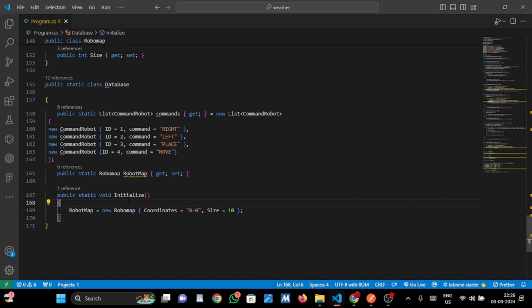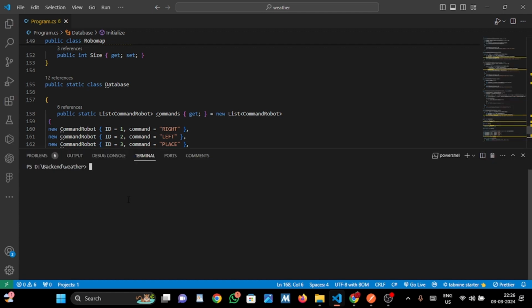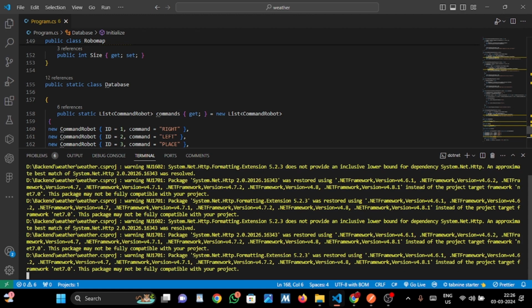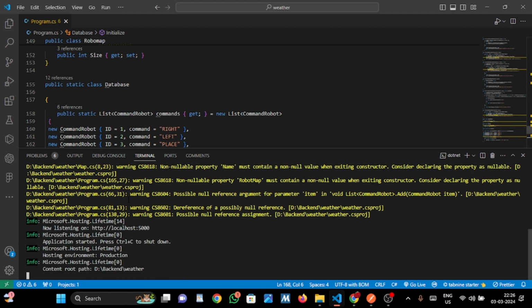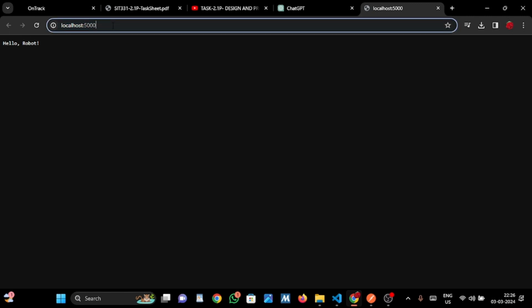Now I would run the application using the .NET run. Now as you can see, it is running on a specific port, here it is running on localhost 5000. Now I would open this on the browser and it would say hello robot. Now I have defined some endpoints. Now if I try to access those endpoints like the robot commands, for getting all the robot commands, and press